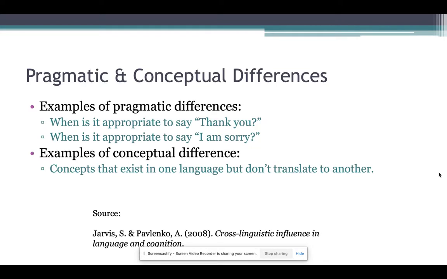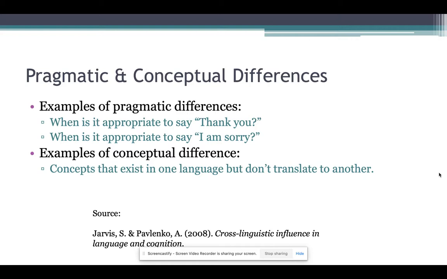Last but not least, culture. Culture also affects L1 transfer. One example of this is pragmatic transfer. Pragmatics, in case you don't know, is the study of language rules that govern how and when we use certain language forms or actions. So, for example, pragmatics explains